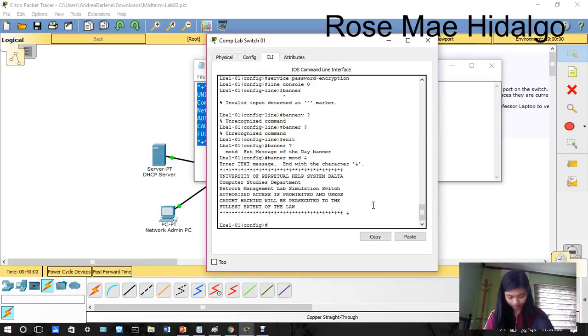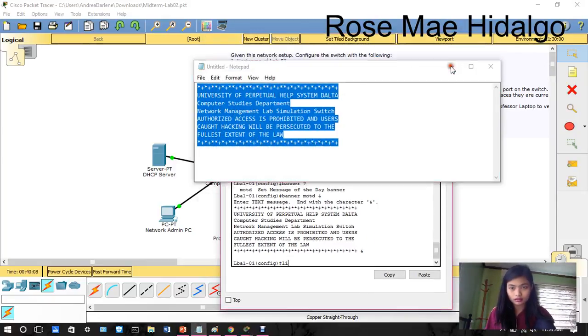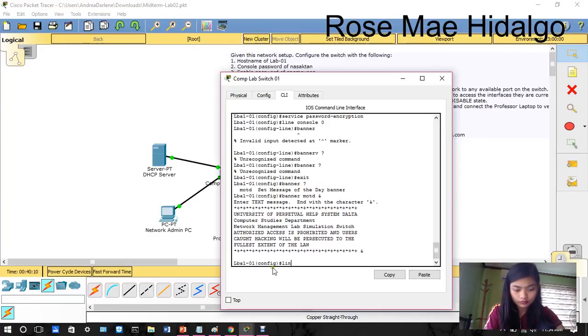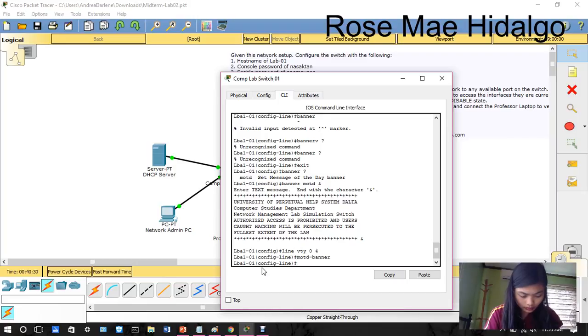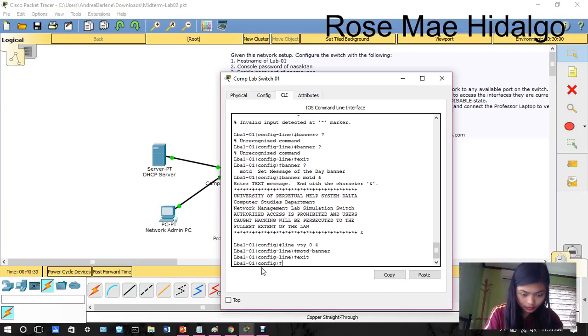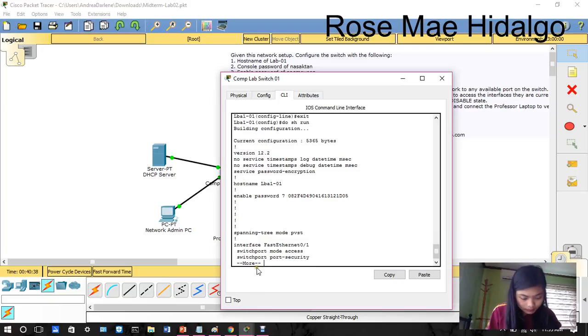Then line, okay, then save more. Banner MOTD, exit to show. So let's see.